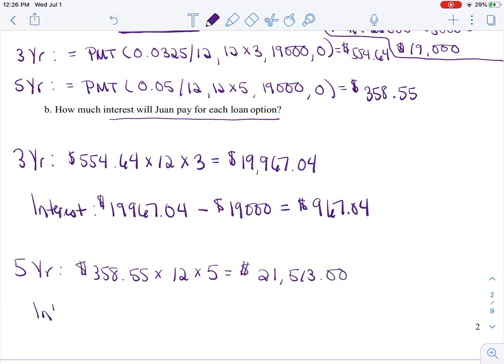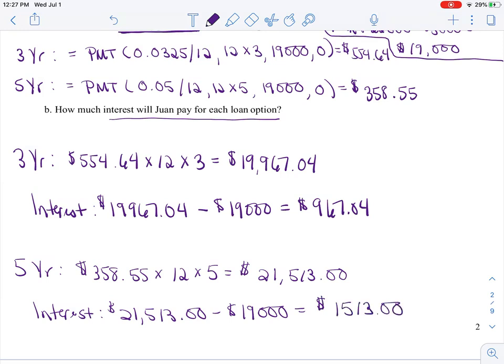Well, to find our interest, it would be how much we gave them minus how much we actually had to borrow. And here we get